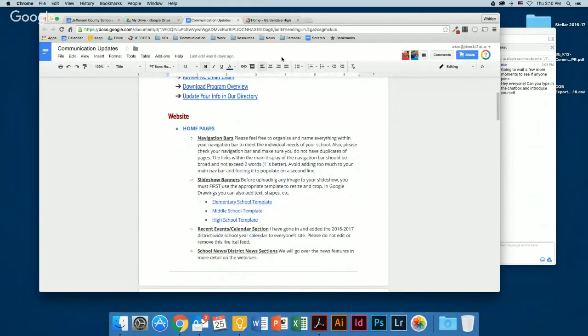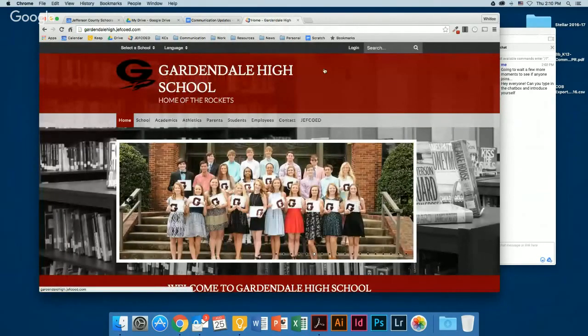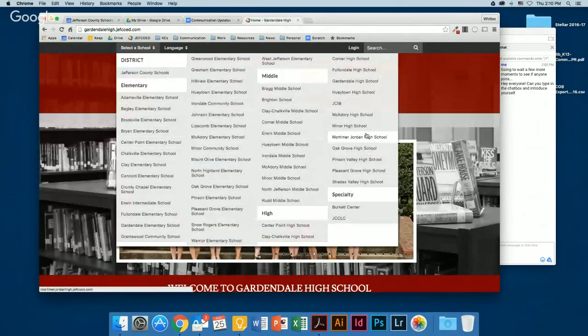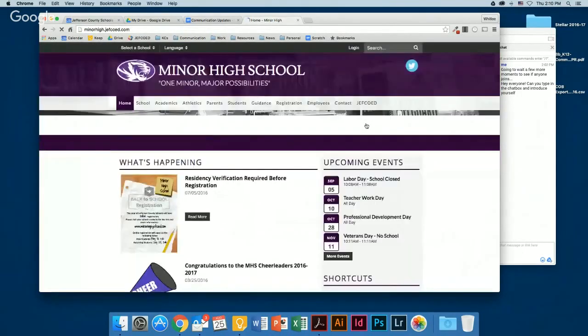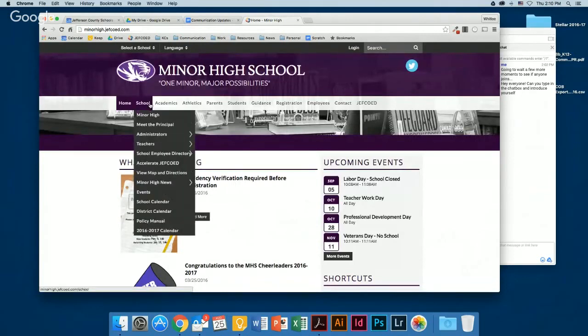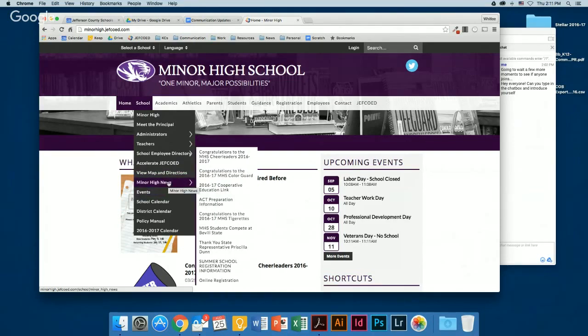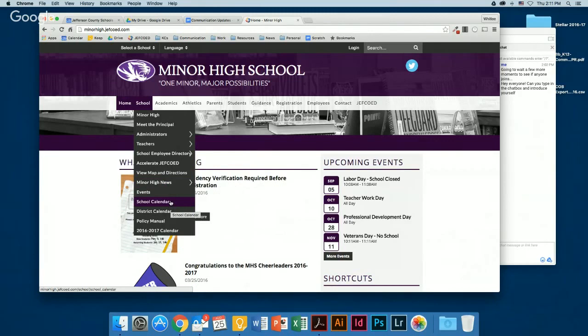Also, some of you have some things repeating. Let's see, I think minor high school, maybe one. They've got, for instance, 2 calendars. This one I think was added later, but just make sure that when you're creating new pages that you're not duplicating something that may already be created and you just didn't see it, or if you want to recreate something, then go back and hide the old one.